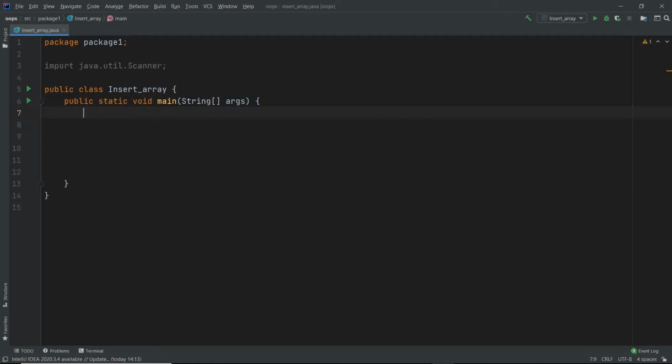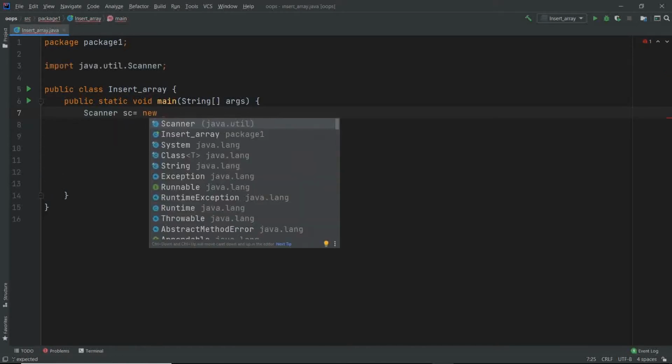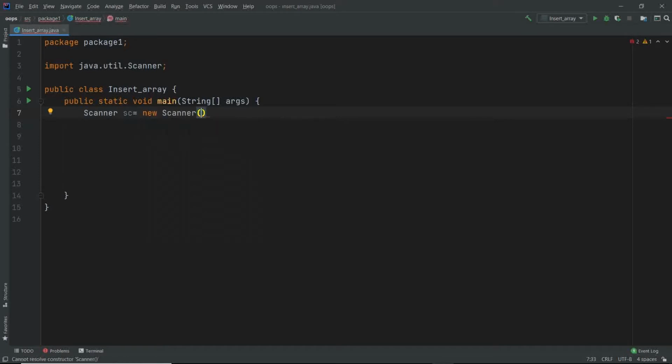So first of all, Scanner sc equals new Scanner(System.in). Okay, here the S should be capital. So here we've instantiated the scanner class.